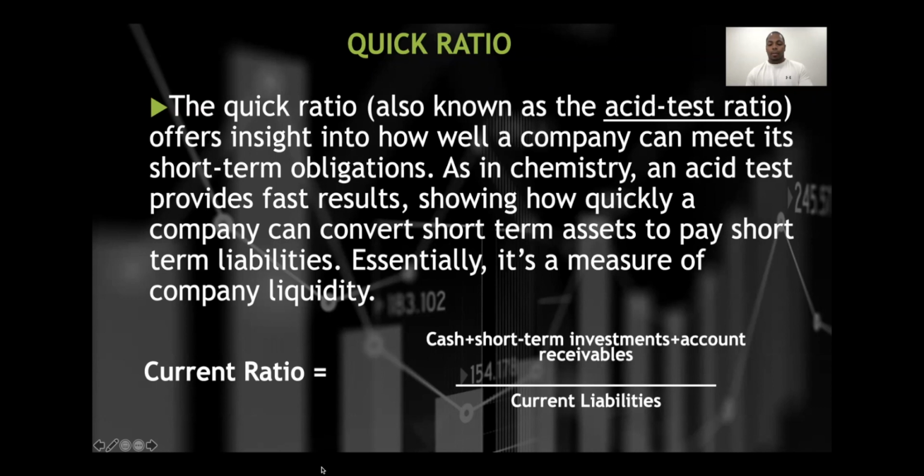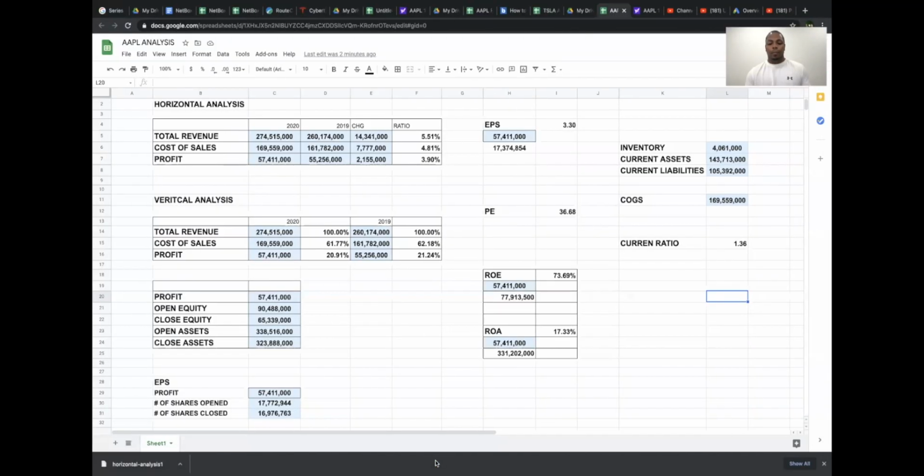Let's go back to where we were. All right, let's type in quick ratio. Quick ratio. So how did we get the quick ratio? How do we know Apple can pay their bills in 1 month if they need to, or within 1 year, 6 months, 3 months? Can they pay their bills in 3 months? So we're going to do equals,